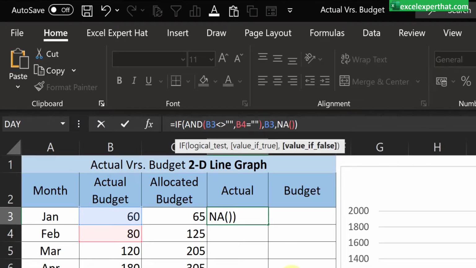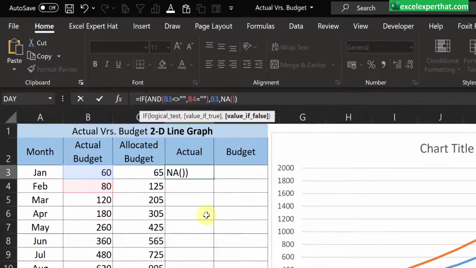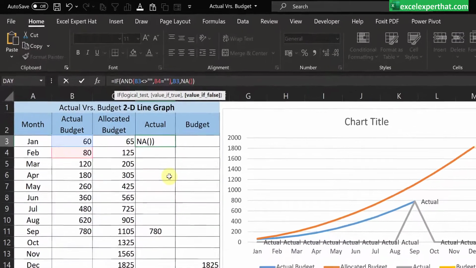As you must have noticed somewhere, Excel always gives an error in hash and then N/A. So it shows an error, but in this case, if I directly put that error into the formula, then Excel doesn't understand what to do with that particular cell, and it will keep it empty. So I will hit the enter button.